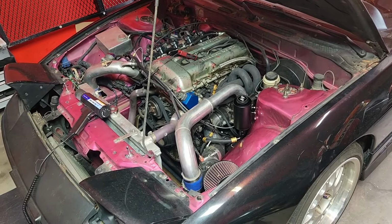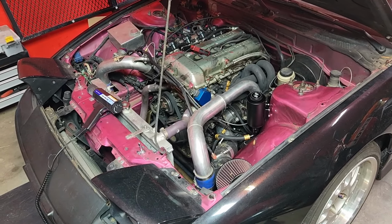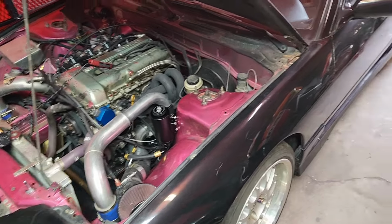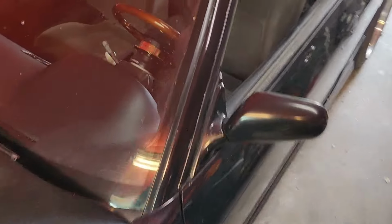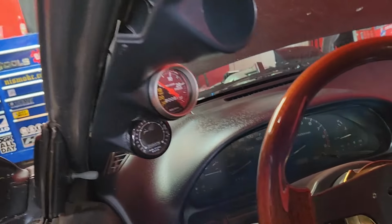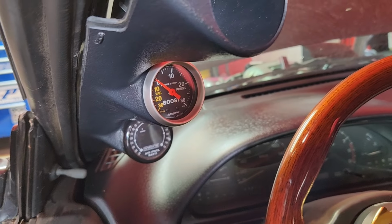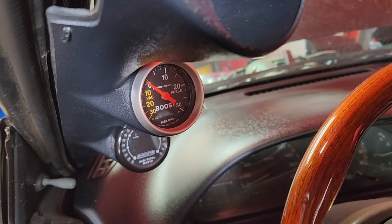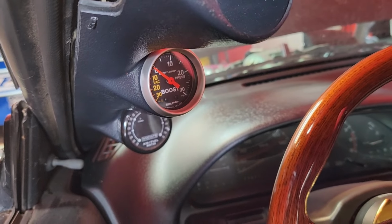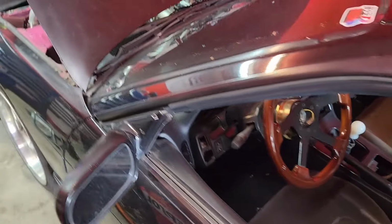So I'm going to be setting the ignition timing, and the reason why I'm messing with the ignition timing is I noticed that I've got a boost gauge here, and it wasn't really running enough vacuum. It was running like 5 pounds more, I guess is the right way to say it, or less. It wasn't running as much vacuum as it should,